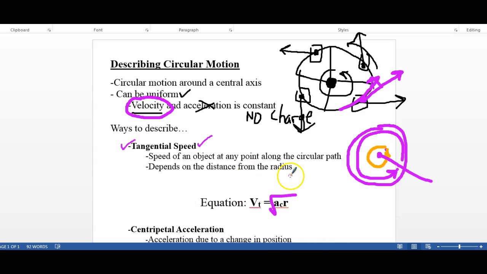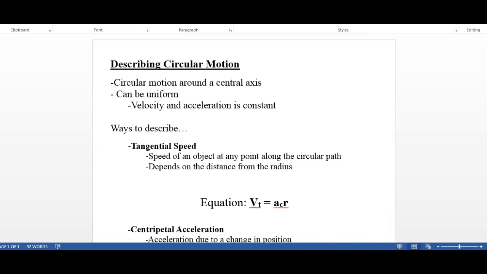Now in lab we're going to look at maybe a slightly different equation, and I think it'll help you grasp it a little easier. But initially we're going to use this equation. It's pretty standard. So that's tangential speed. It's one way you can describe an object that has circular motion. So now I'm going to erase this. If we keep going,